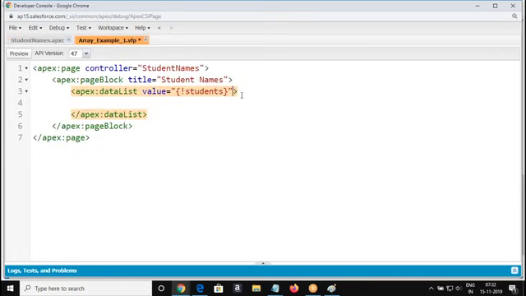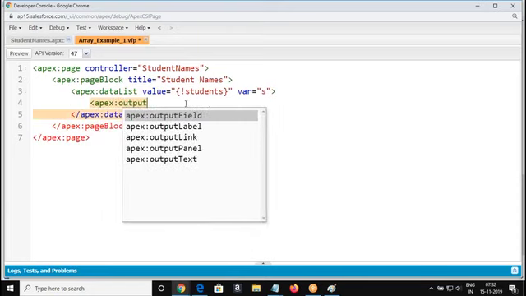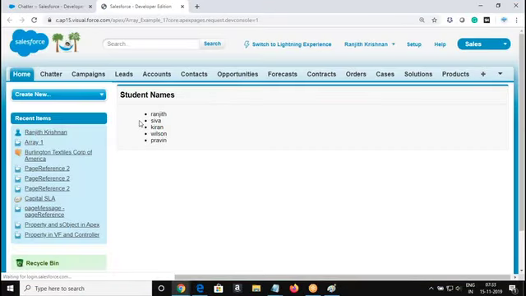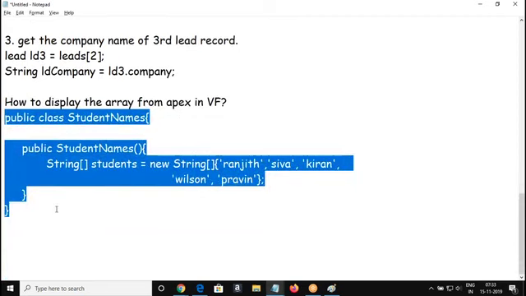Students. Then preview, and the names appear here. Are you good with this? That's how you declare the array.